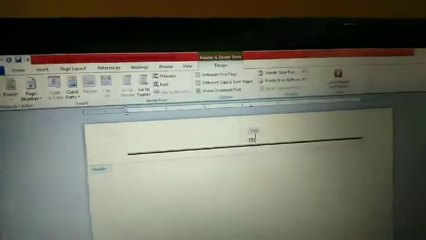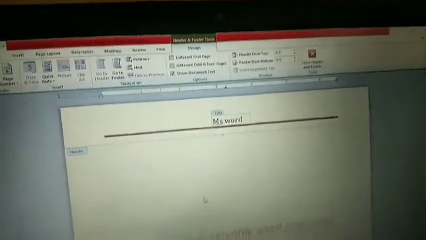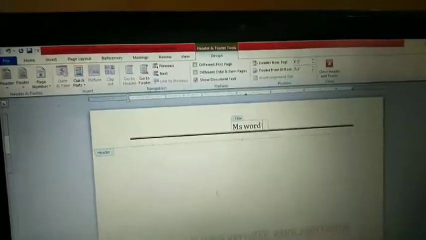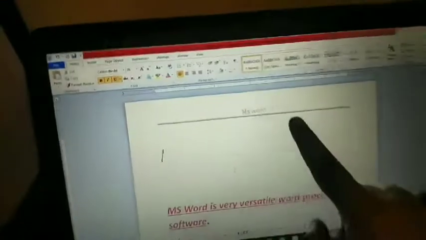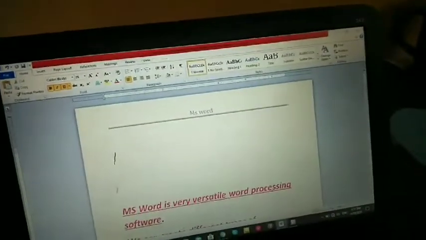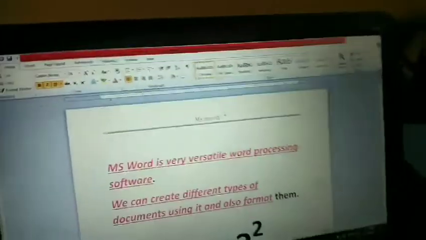So I can change this heading to anything, for example MS Word. Understand? I just come out of this header by clicking the mouse pointer here. So this will be the title. Can you all understand? So this is what is called the header.